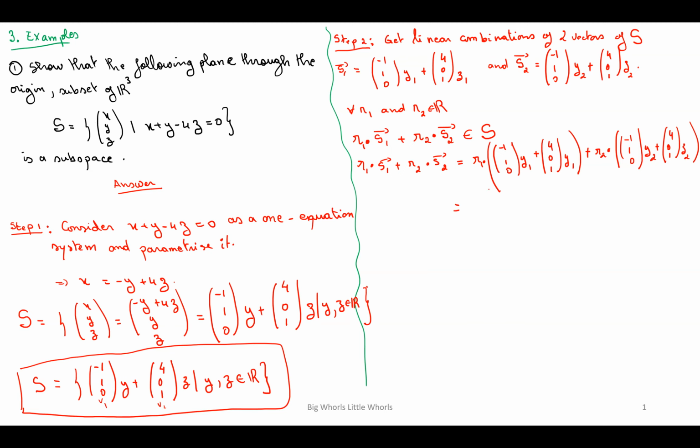Okay, so how do you multiply them together? We have r1 multiplied by y1, so we have (-1, 1, 0) times r1 y1 plus,